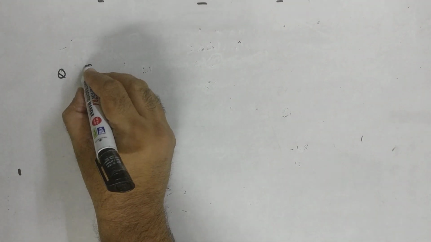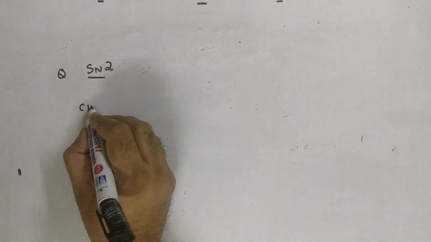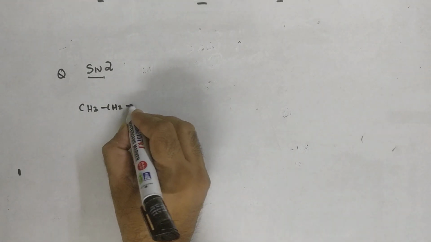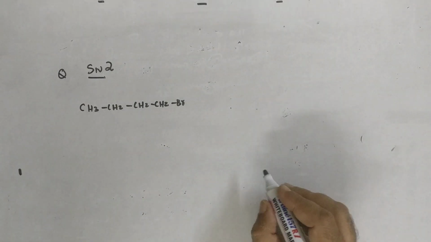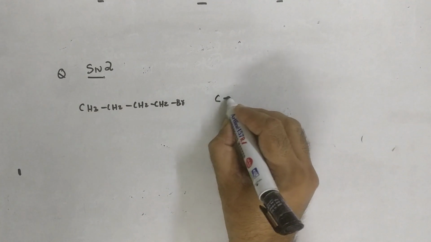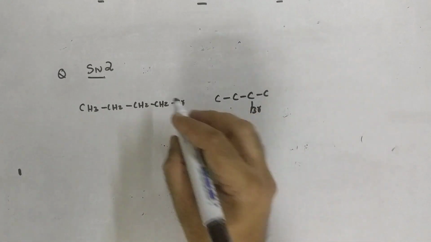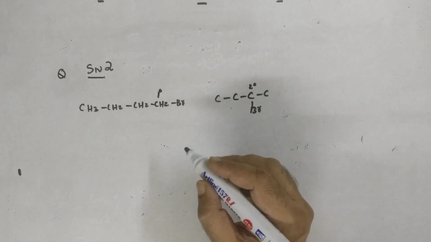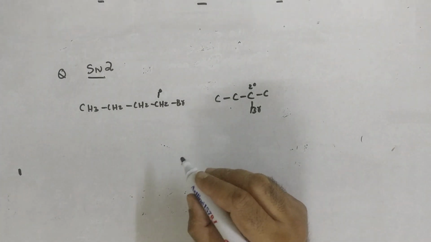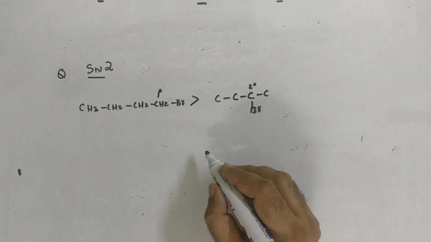Another question. We have to compare the reactivity of the pairs of compounds towards SN2 mechanism. So let's see what are the different pairs which are given to us. In the first question, first part, this is 1-bromo-butane. Another one is 2-bromo-butane. In SN2, this is primary and this is secondary. SN2, remember the order? I am repeating the same things so that it goes into your head. It is primary, then secondary, then tertiary. So this one will be more reactive as compared to the other among the pair of compounds.